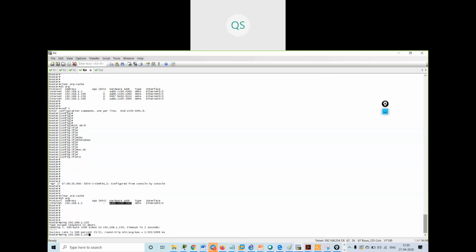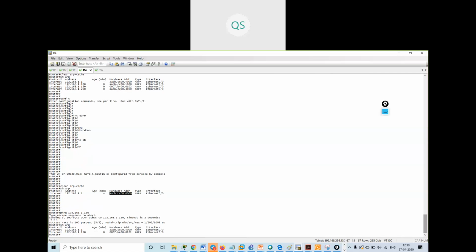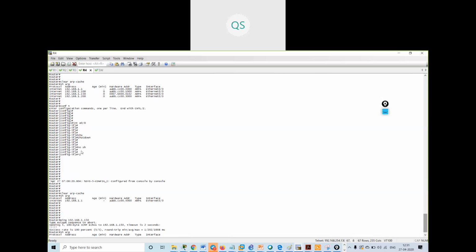Now, if I see my ARP, what MAC address did I get? 0101. You can see what is the MAC address for which router. This is the MAC address.